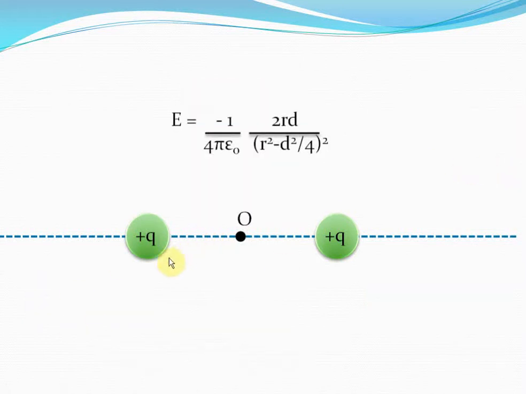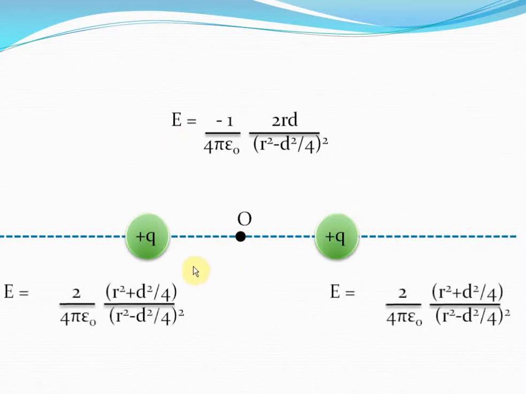In the case when both the charges are the same in both magnitude and sign, that is, we have a charge plus q and a charge plus q like this, this expression gives us the value of the electric field in between the charges, as you can see. Remember, I just wrote an expression for E1 and an expression for E2. I have simply substituted the charge values plus q and plus q in that expression, and simply subtracted E2 out of E1 minus E2, and obtained this expression. You don't have to remember this expression. I have just written it out so that you gain clarity into what's happening.